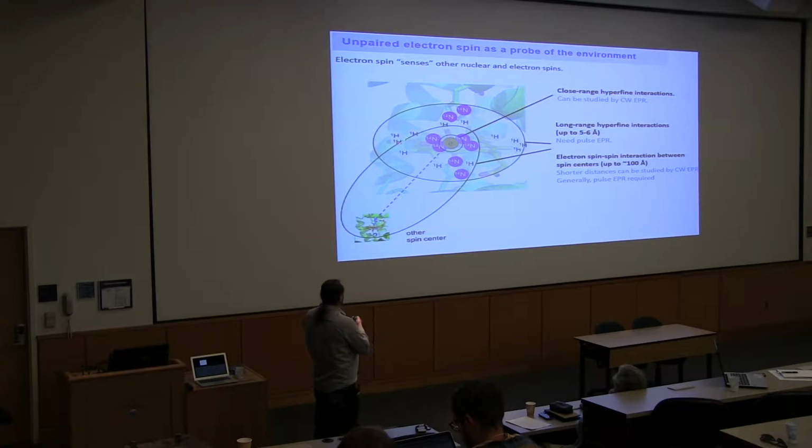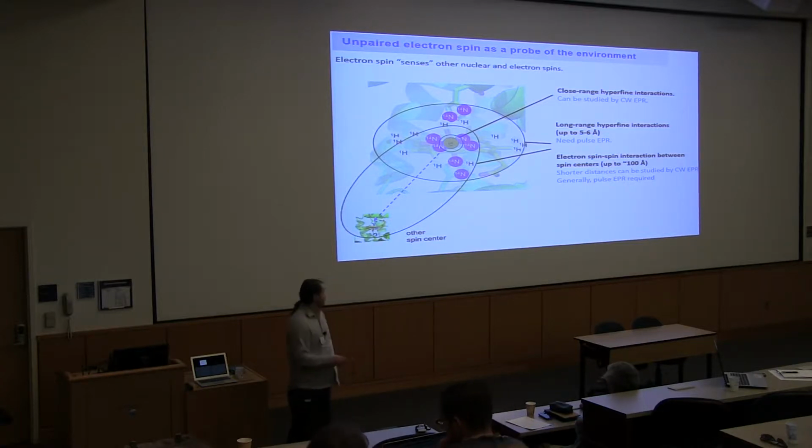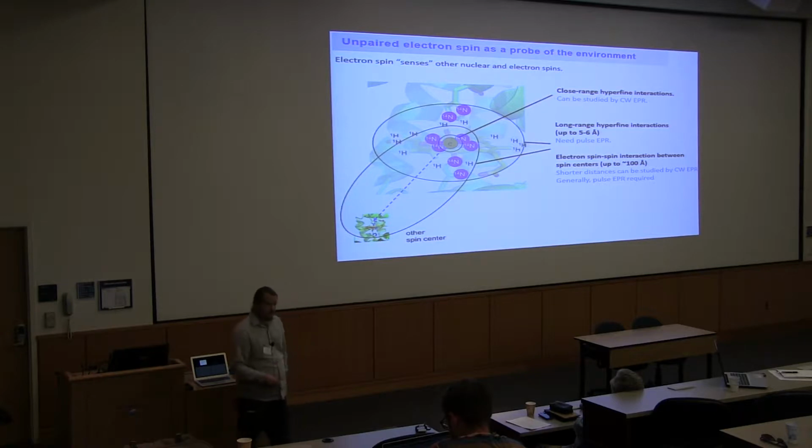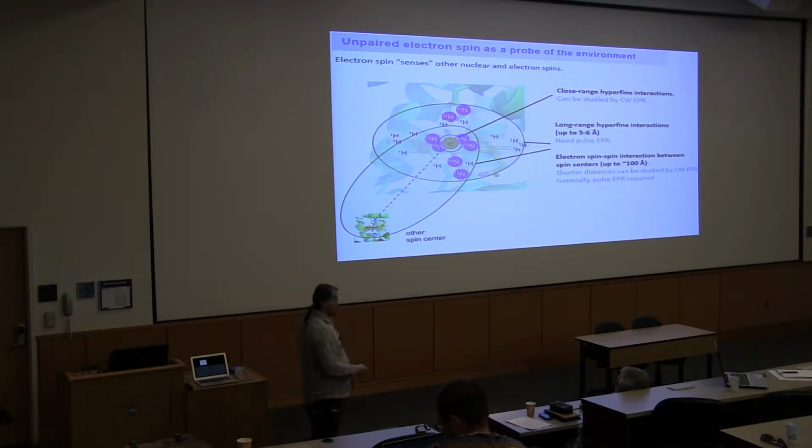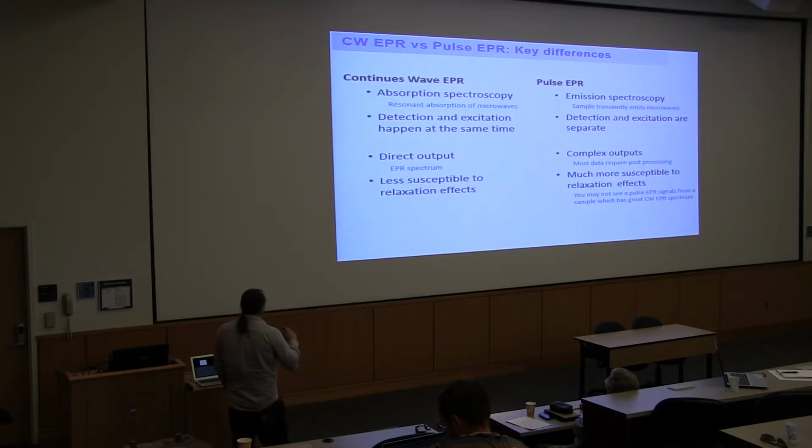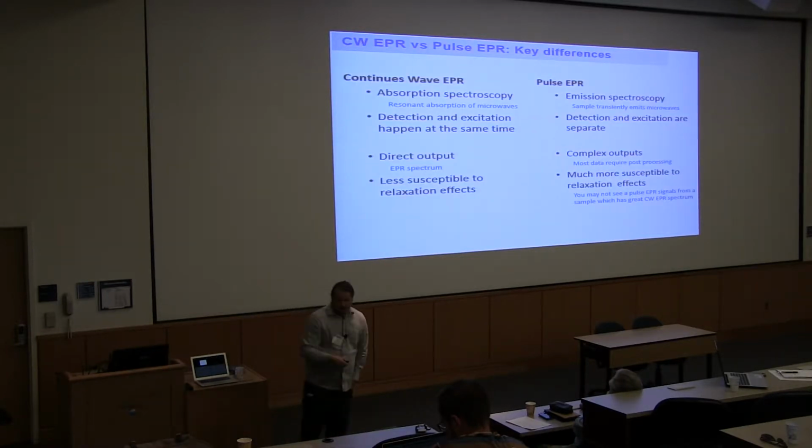And there we have to look at much weaker interaction with distant nuclei. Another option that is available to pulse EPR is to look at distant interaction with another spin center. When two spin centers are close to each other, you can use continuous wave EPR to tease out the interactions, but generally pulse EPR is a much better choice there. So this is why. Now, before we go further, I want to lay some ground and drive home the message that